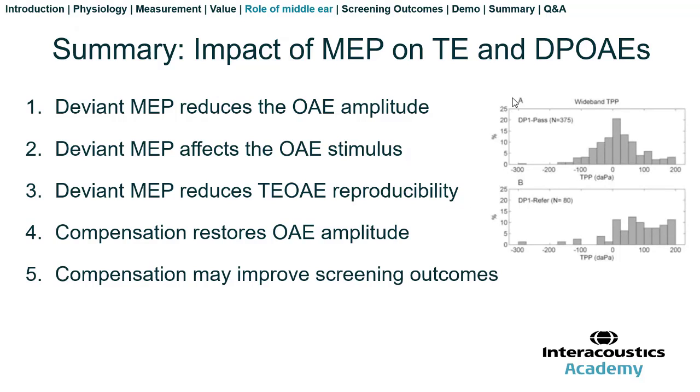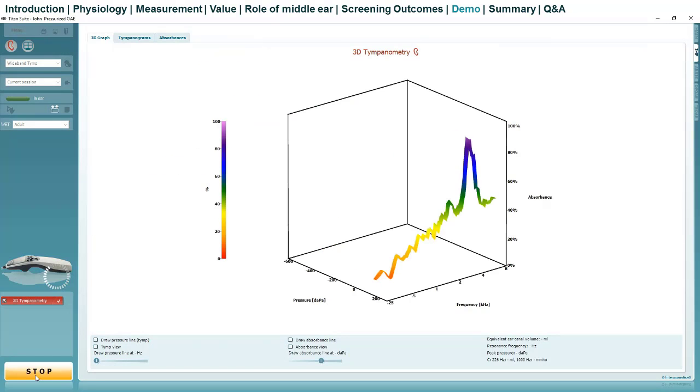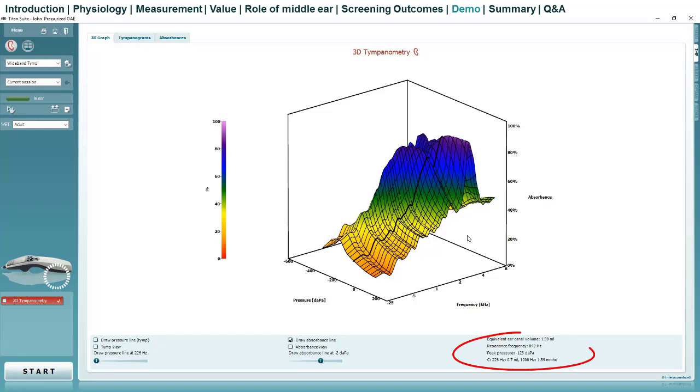So the next step is I'd like to demonstrate this technology using the Titan. And I'm going to show the effect of negative middle ear pressure on distortion product emissions and transient evoked emissions. I did previously record this demonstration because I found it was incredibly difficult to generate negative middle ear pressure using the Toynbee approach, and then even more difficult was to maintain that negative pressure. This is just to show that I actually have negative pressure. I did a wideband tympanogram on myself using the Toynbee approach,